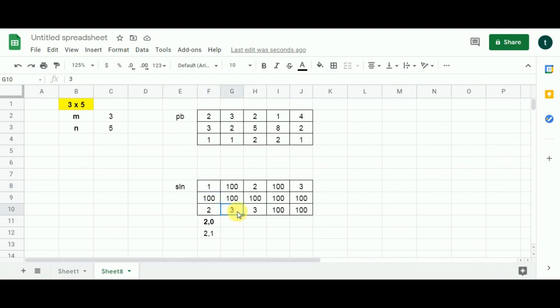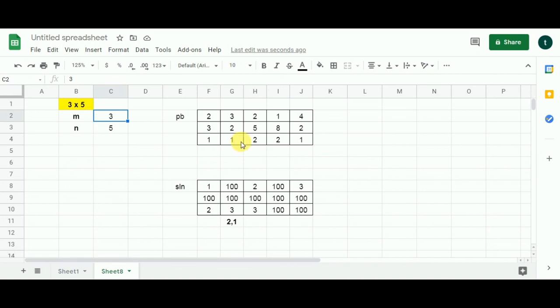Now we move to this cell. Let me first write the address over here. So it is going to be 2, 1. Now the first condition is satisfied. It is not equal to the maximum value. Let's check the value of the same cell in the problem array, and it is 1. 1 plus 2 is going to give me 3, and this 3 is not less than this 3, so we cannot move down from here. Common sense says that we cannot move down from here, but I'm just demonstrating how the algorithm is going to